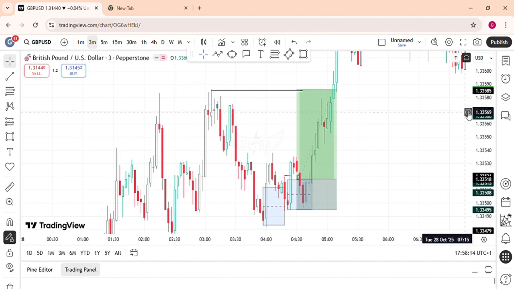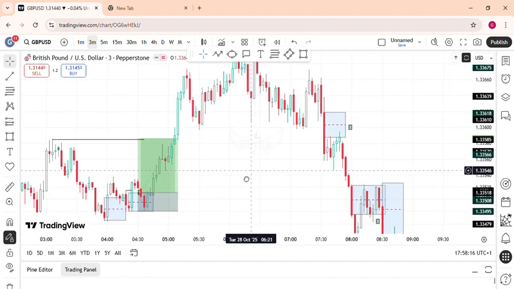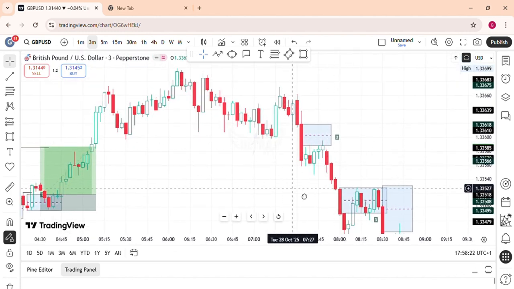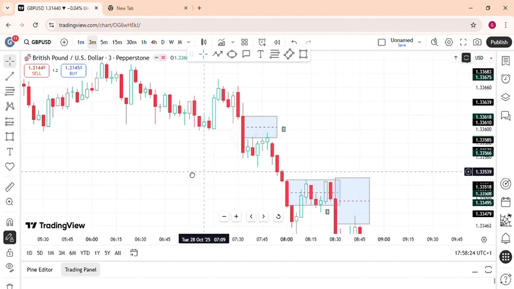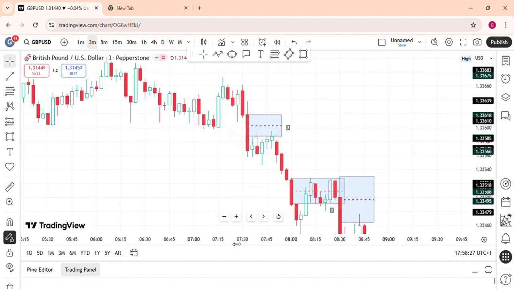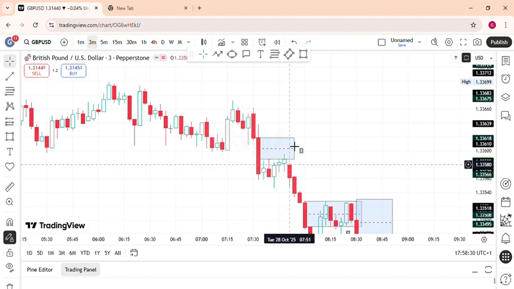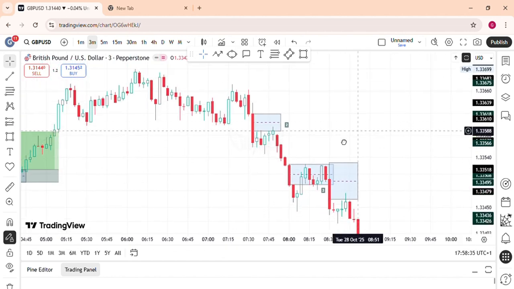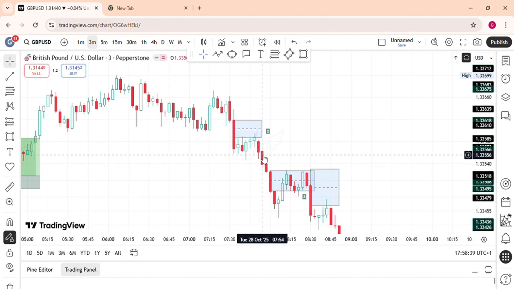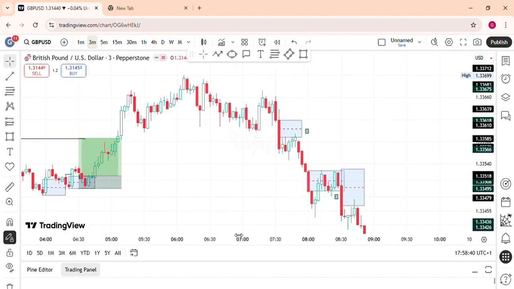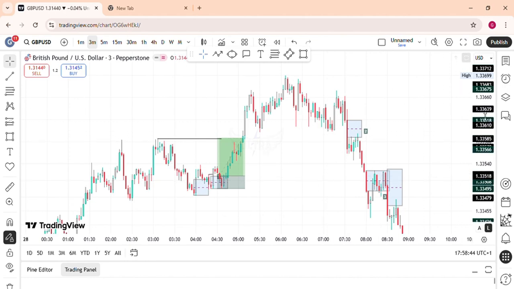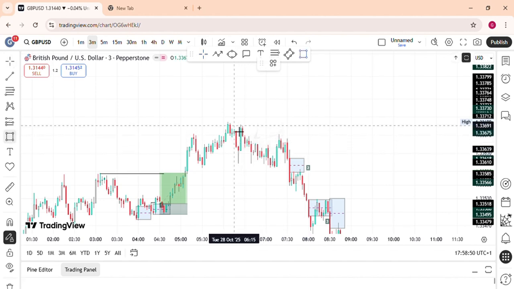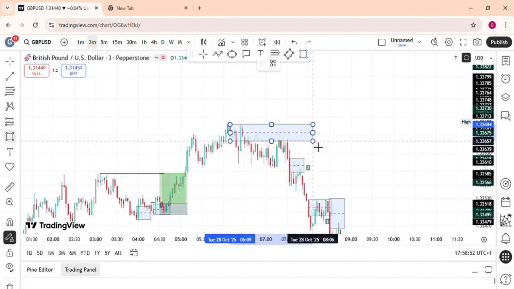Now this is our second trade, and from this we'll have a couple of bearish trades. Last week was actually a bearish week for GBPUSD. So we have a fair value gap here. This is coming from this area here. Let me show you where this fair value gap is coming from. This whole area is coming from this fair value gap.